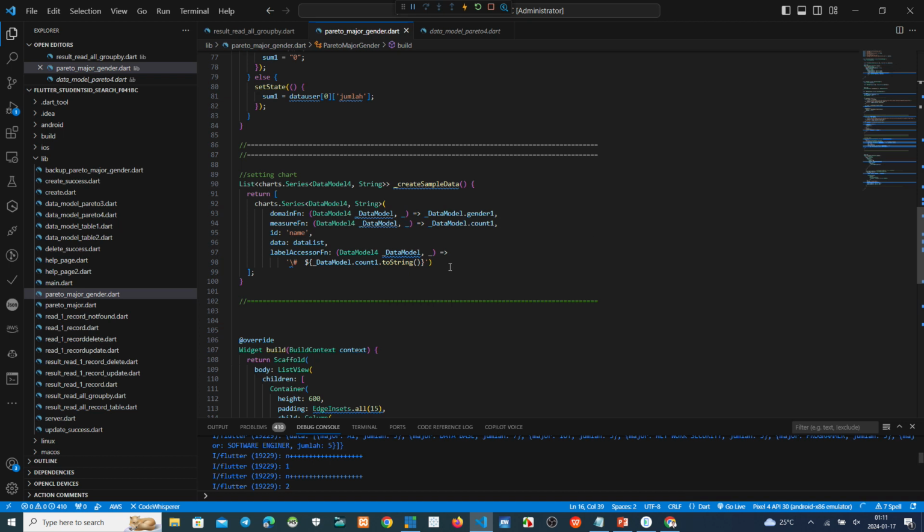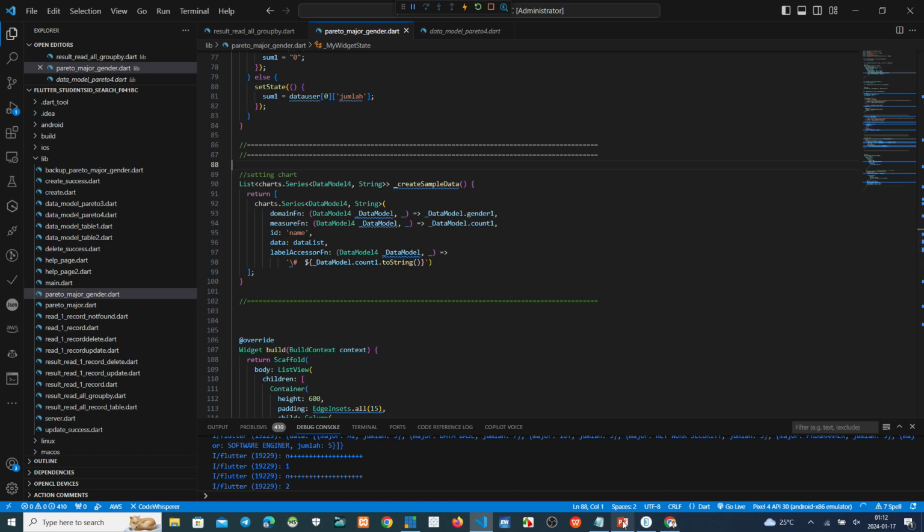Okay, finished without error. In this chart we have two parameters. The first one is parameter gender 1 and also the parameter count 1. This is the name of the list, create simple data.